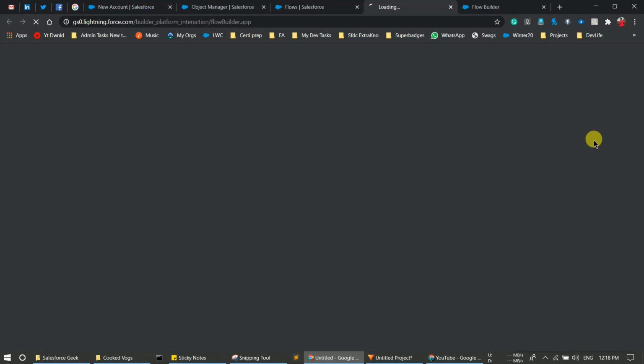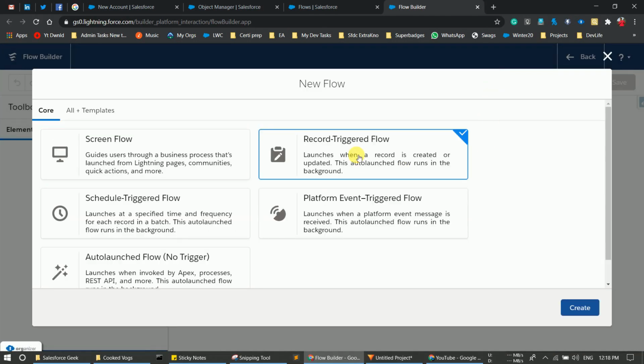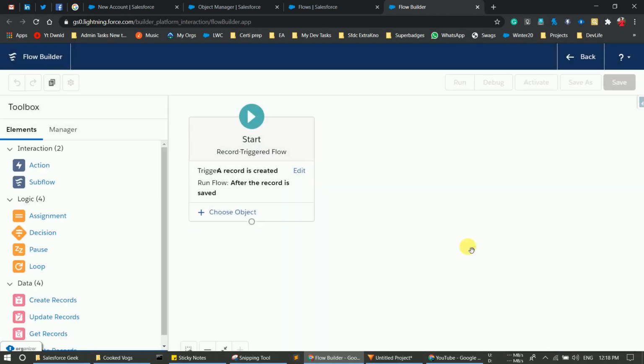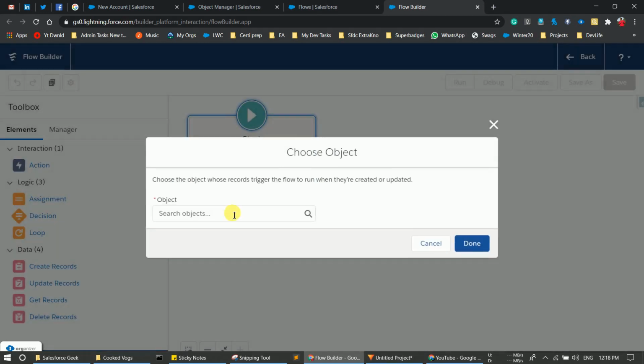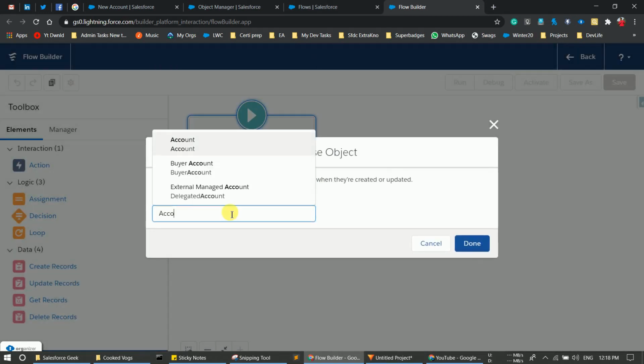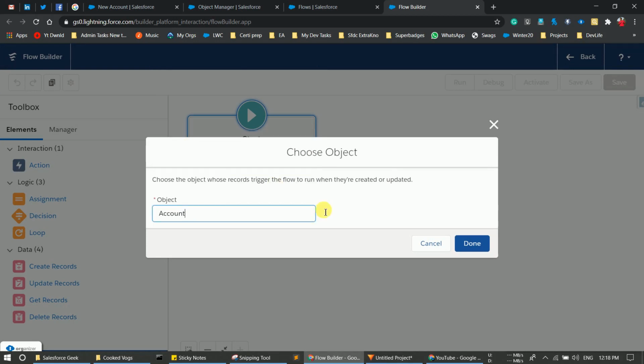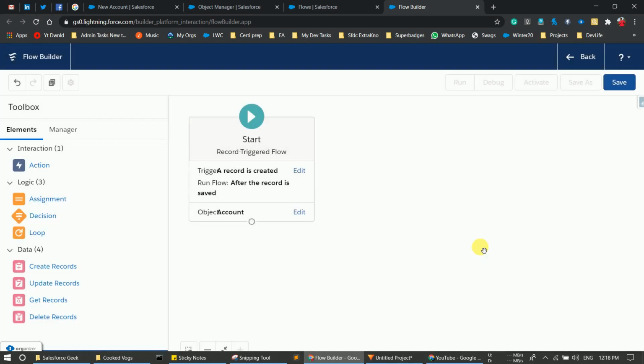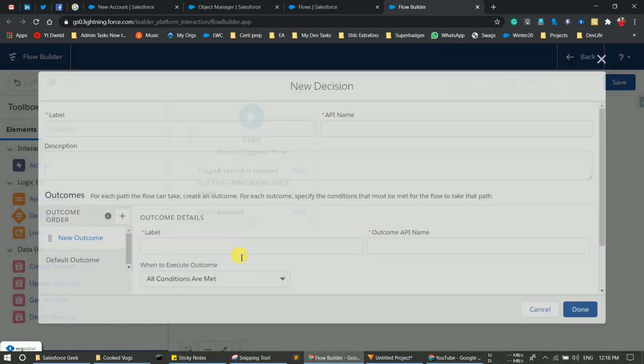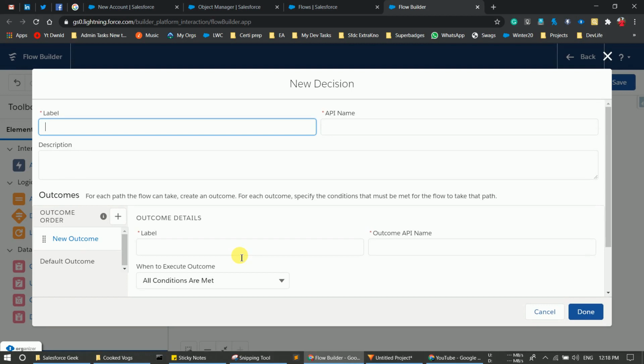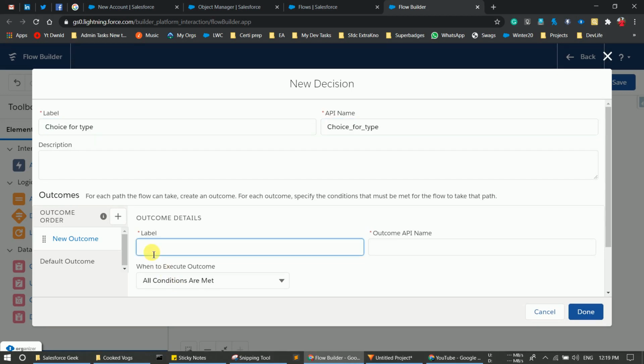Let's click on new flow, and in new flow we are going to select record triggered flow. We have to choose an object, let's say account, and again we have to choose a decision element here. We have to provide a label, let's say choice for type, and here the label, let's say type equals prospect.